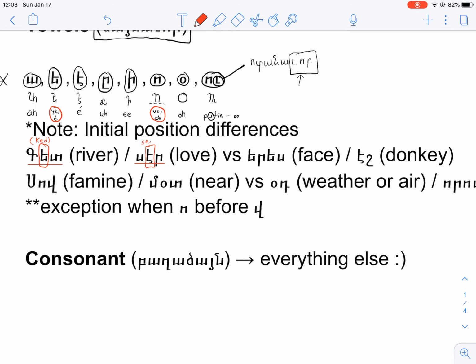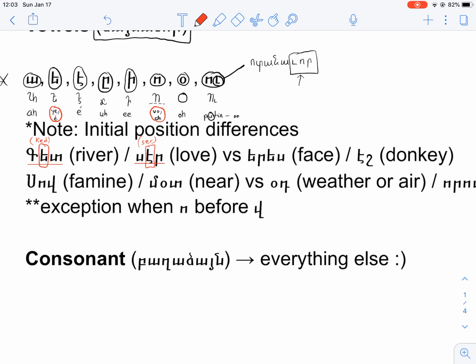Now, ked and ser, they're both spelled with a yetch, but they are both pronounced with an e. I cannot distinguish based on the pronunciation of either of these words what the spelling is, ked or ser. They sound the same. How do I know if one is spelled with yetch or e?